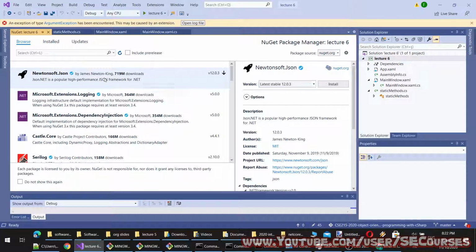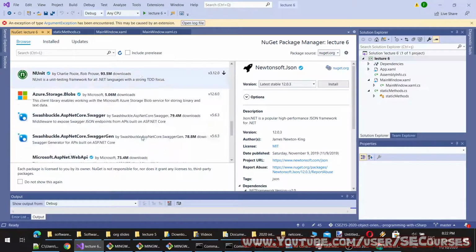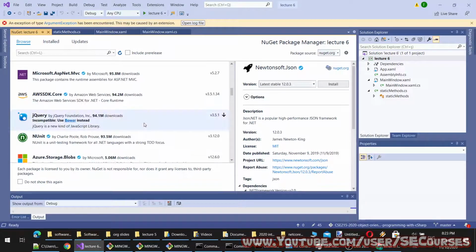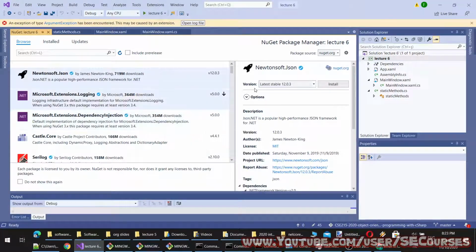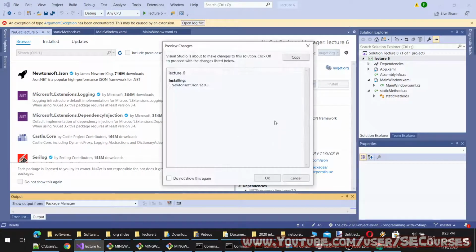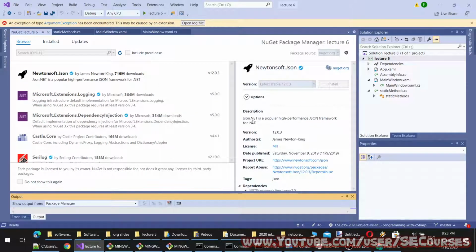Wow, this is huge. This is probably the highest download count ever. Yeah, from this list it is the package with the highest downloads. So I'm going to install it. Okay, you see JSON.NET is a popular high-performance JSON framework for .NET.